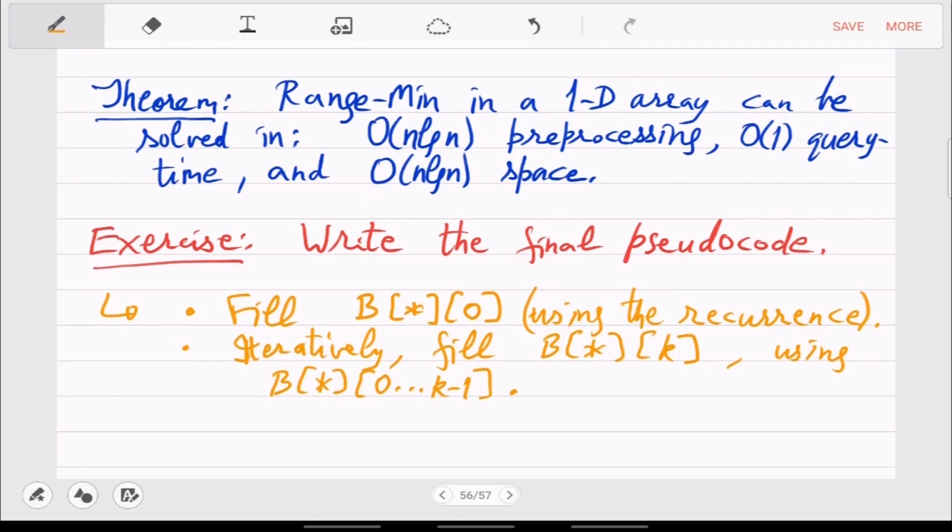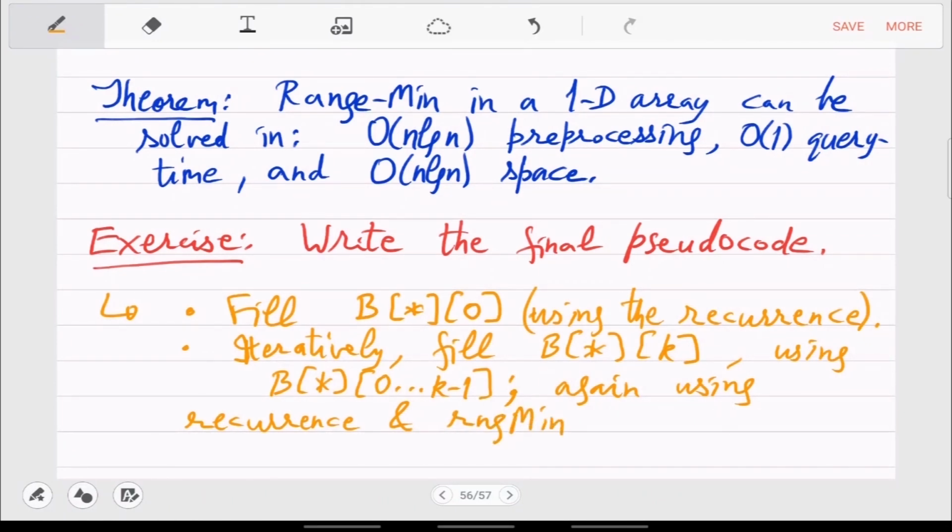And you have to assume that the previous part, so B star 0 to k minus 1, is already done. And here it is important that you carefully use the recurrence and hence the range min queries.